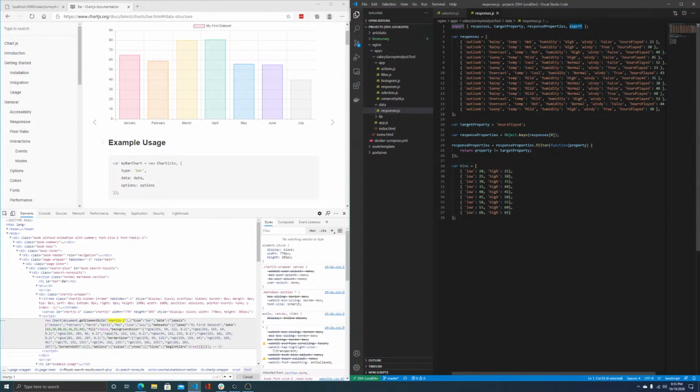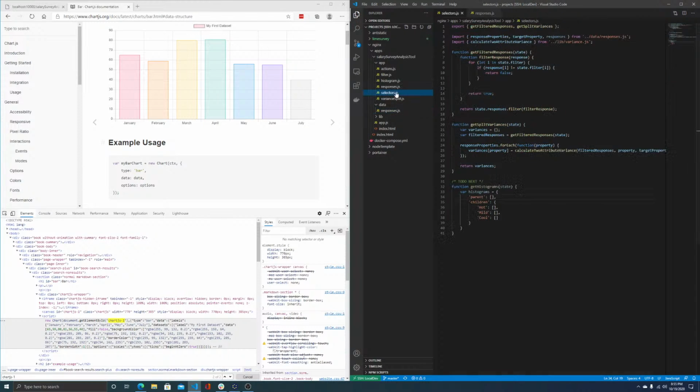Oops, and I didn't want to export that. I wanted to export bins. Okay, so now I'm going to jump back over to my selectors. Now to get my histograms,